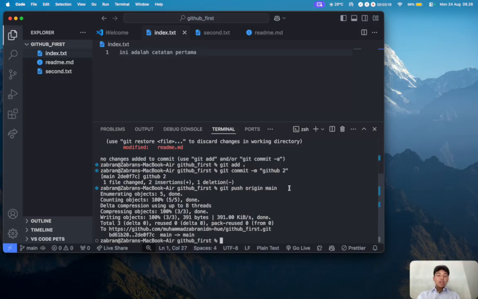Each device has a different branch. On Mac it is main, and on Windows it is master.